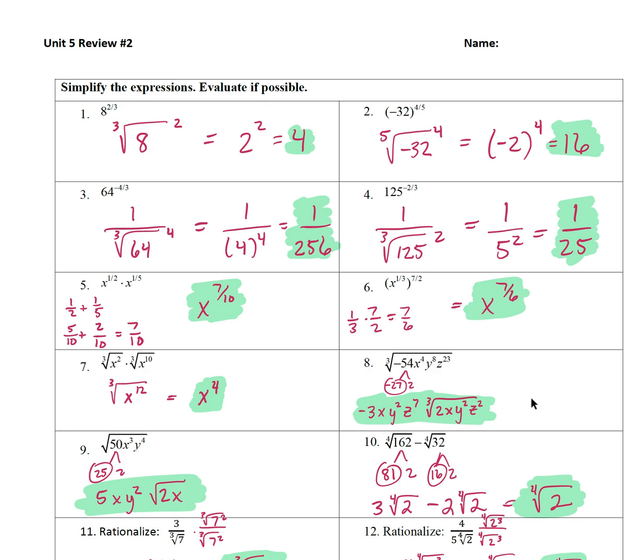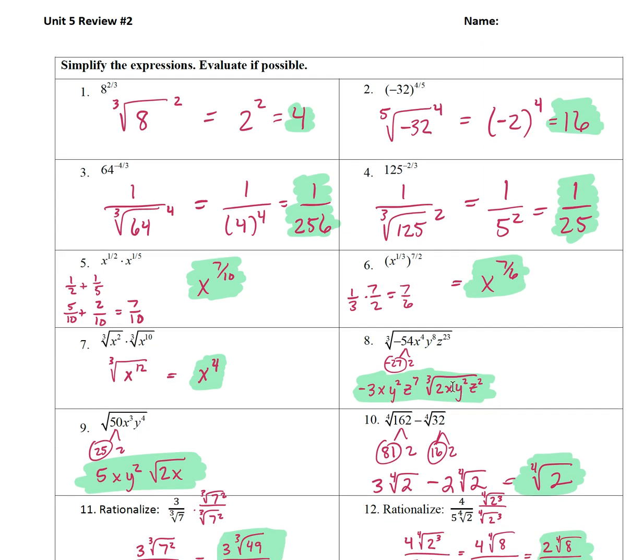If you haven't already, I would definitely watch the video guide that goes over review one. Review one is a little longer and more extensive. This one starts us out with the same. We're going to simplify these radicals using just our knowledge of the squares and the cubes and the fourths and